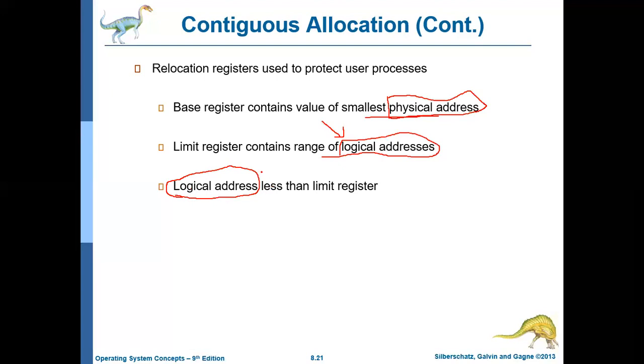Okay, then the memory hardware will check whether the logical address given by the CPU is less than the range of logical addresses. Range is nothing but, say, the process P1 can access starting from location 3000 to location 4000. Okay, process P1 can access this many locations. It can access from 3000 to 4000.